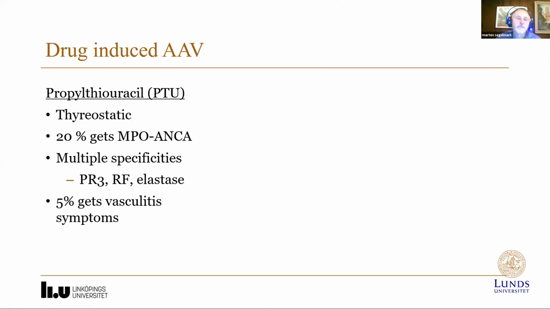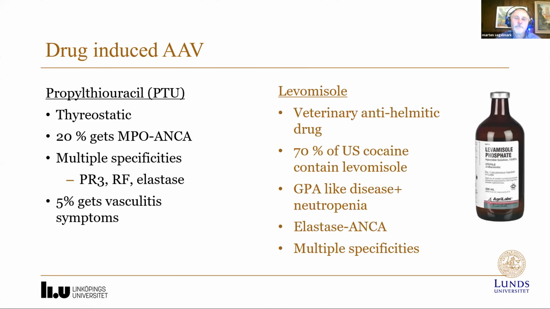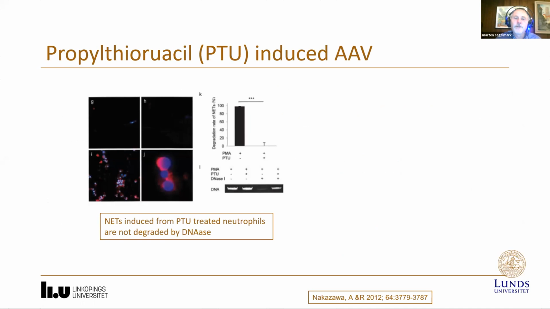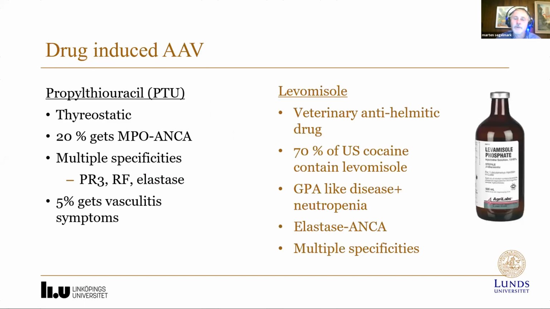And very interesting is how drugs can induce ANCA. The most common drug to induce ANCA is PTU, which is used to treat thyroid disease. But maybe of more importance for ENT surgeons is the drug called levomisol, which is a veterinary drug, but it's impossible even for a drug addict to make a distinction between levomisol and cocaine. And for that reason, as you know, people selling cocaine are not someone you should trust. And it's much cheaper for them to get a hold of levomisol because anyone can buy it. They put it in the cocaine,